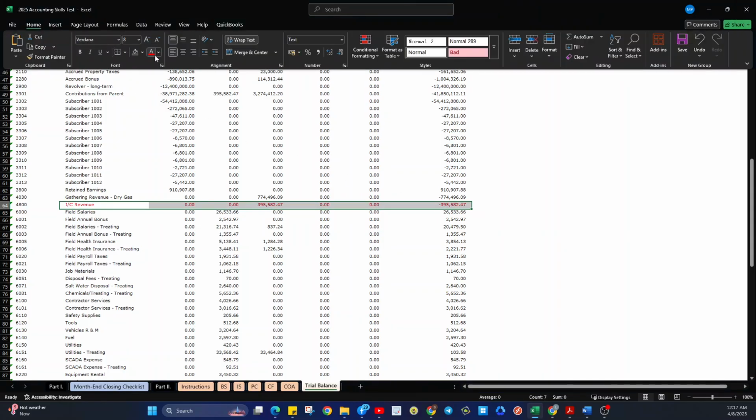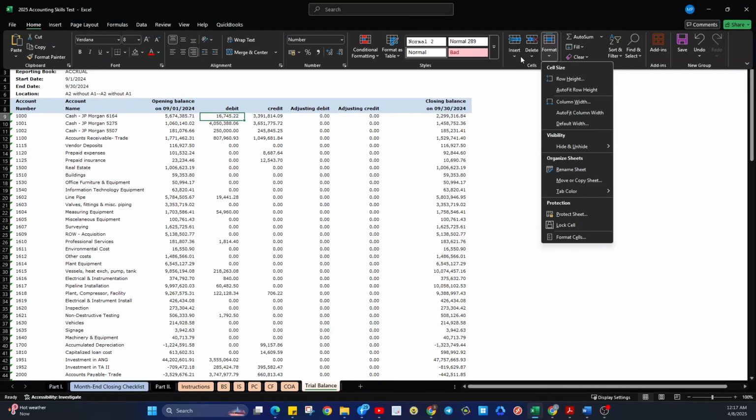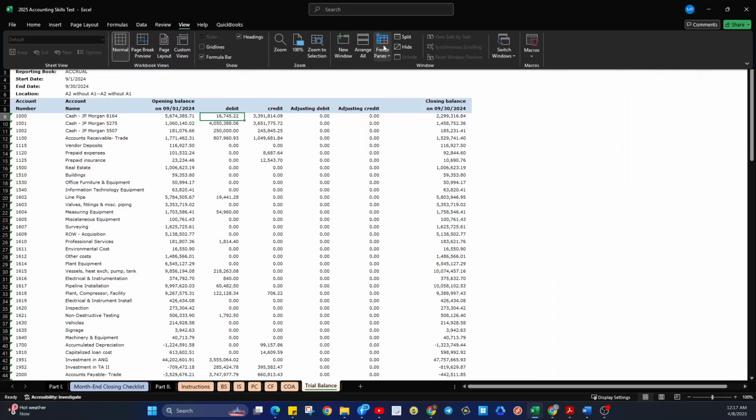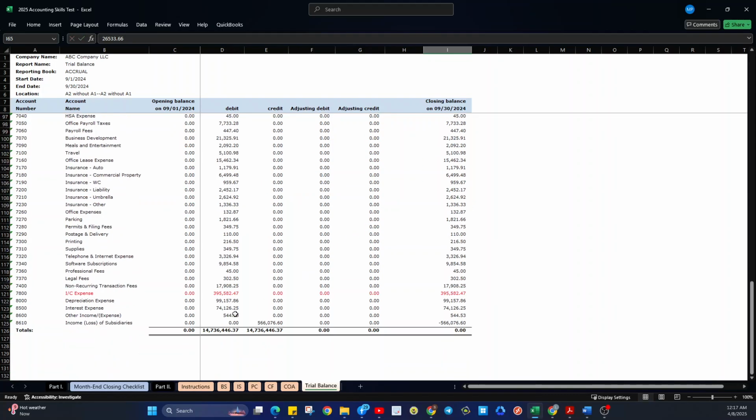So how can we do the elimination? If this is credit, we have to debit that one, 582.47. All right? So if we add this, the credit less debit would be 0. And then the corollary credit would be the intercompany expense.